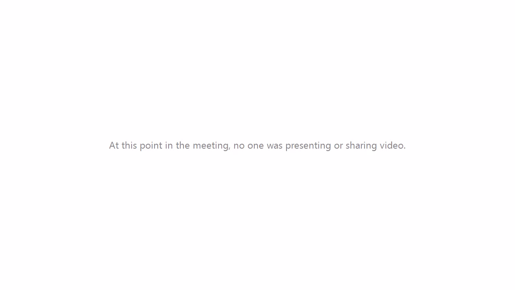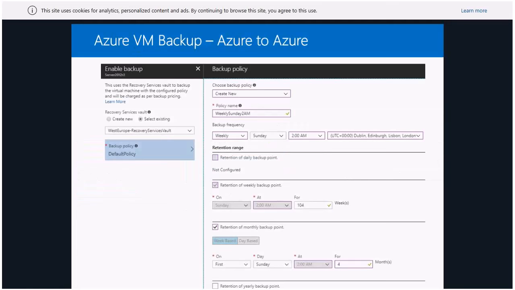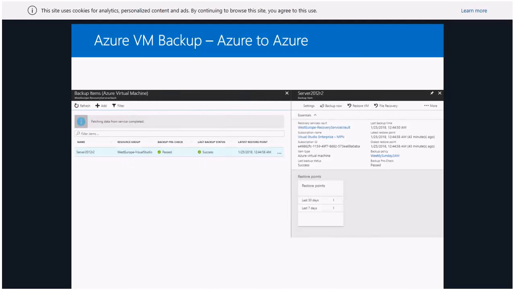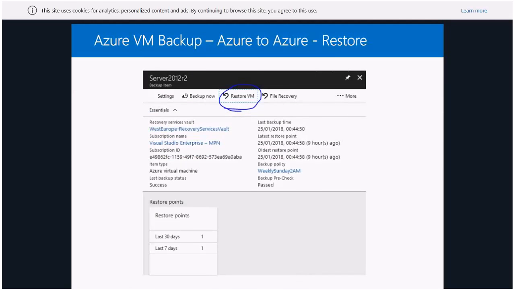Okay, let me just go back to my presentation. Okay, that's fine. Guys, that was pretty much the main part. Now I have loads of screenshots here, and as I said, you will get all of these screenshots later, and then you can do a review. If you want to do your own lab and do a bit of practice, just follow what I've done here. Here is the restore a VM.